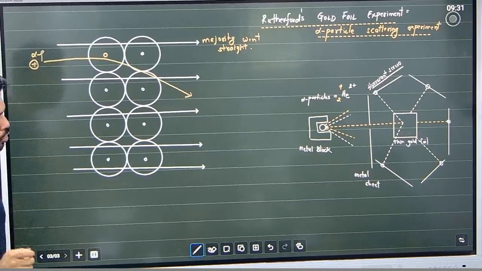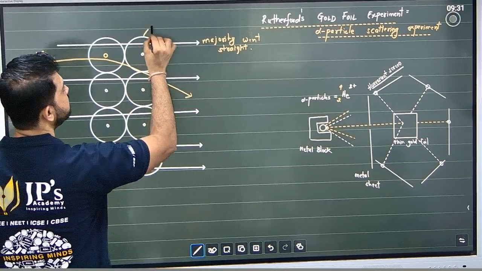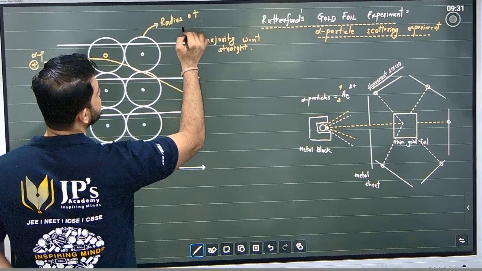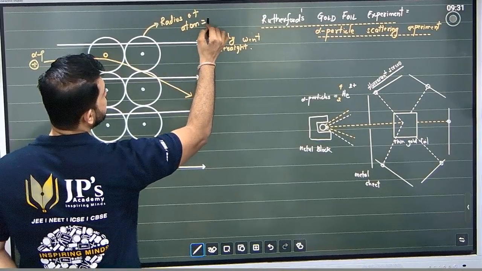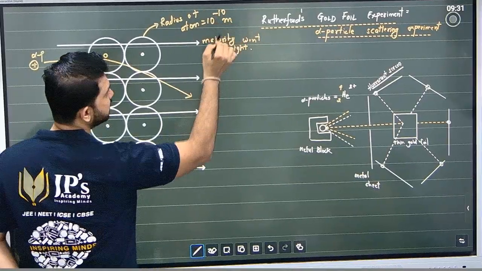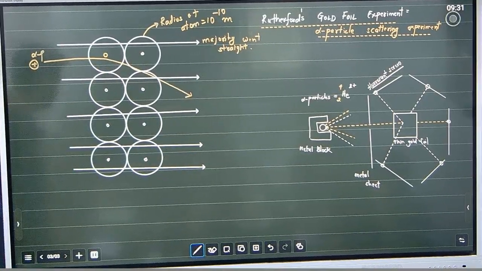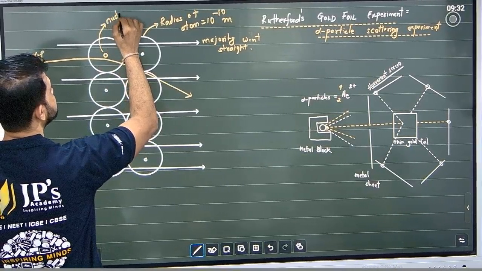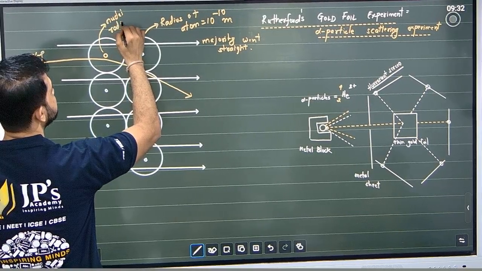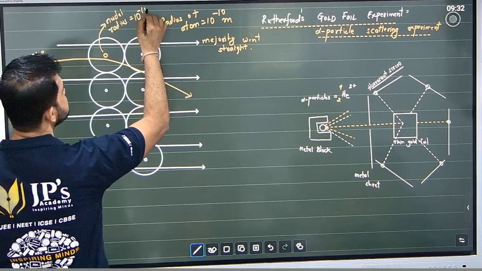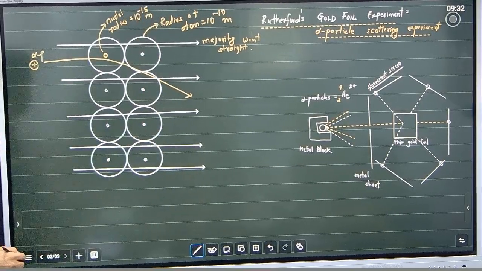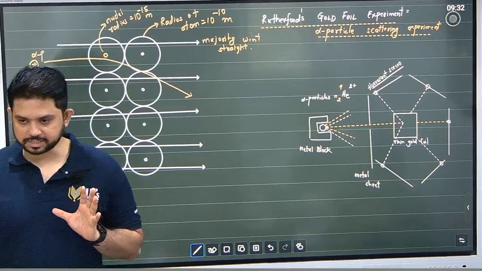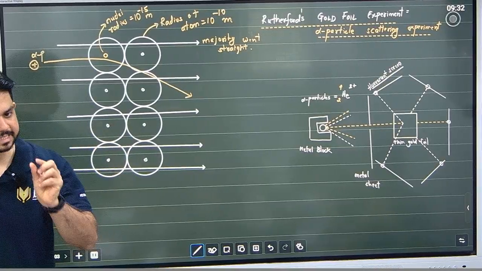The center is so tiny that if you look at the radius of an atom, the radius of an atom is around 10 to the power minus 10 meters. But when you compare that with the radius of the nucleus, it is 10 to the power minus 15 meters. If you want a context to understand the difference in size and the amount of void space,